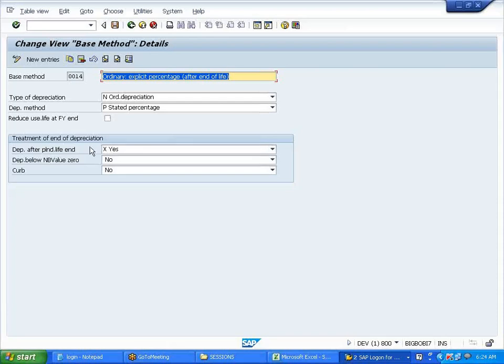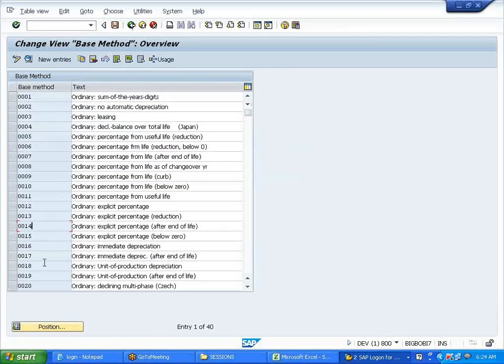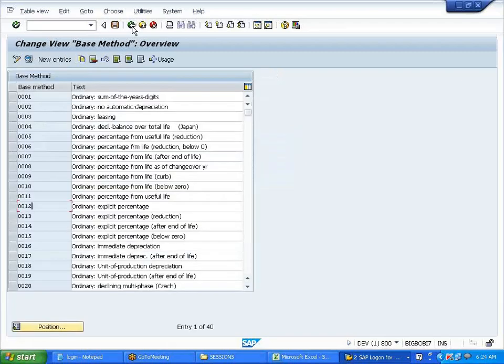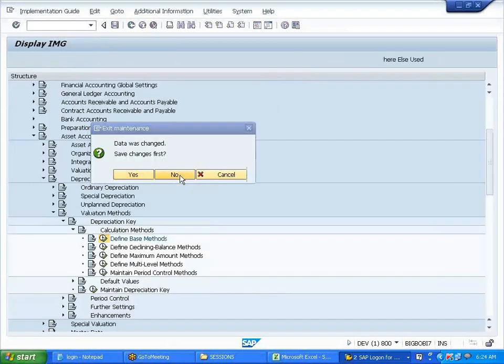Then 0012 is explicit percentage, stated percentage, no depreciation. In the base method you are maintaining whether the depreciation should be calculated after the end of the life or after the net book value has gone beyond 0. That is what you do in the base method.